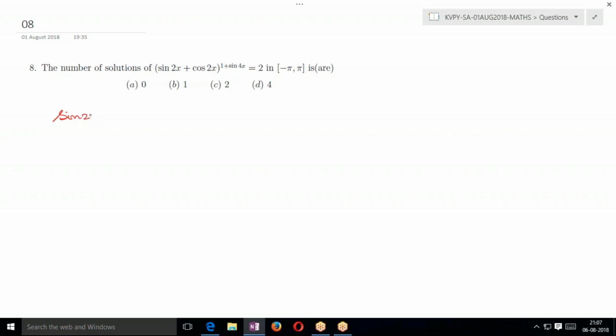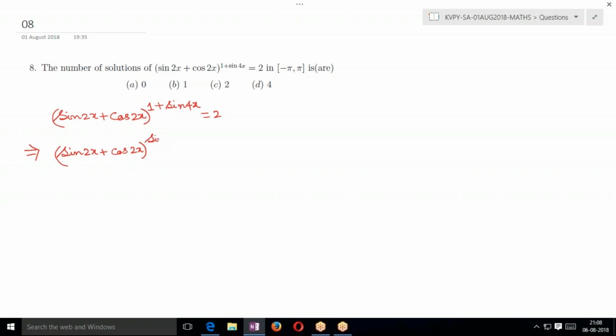It is (sin 2x + cos 2x) power (1 + sin 4x) is equal to 2. So we need to do trigonometric simplification. To perform this, in the exponent 1 + sin 4x, we are writing the 1 as